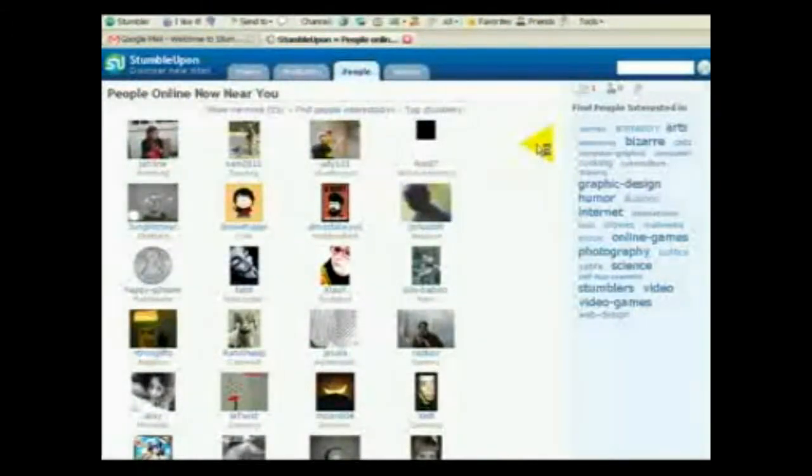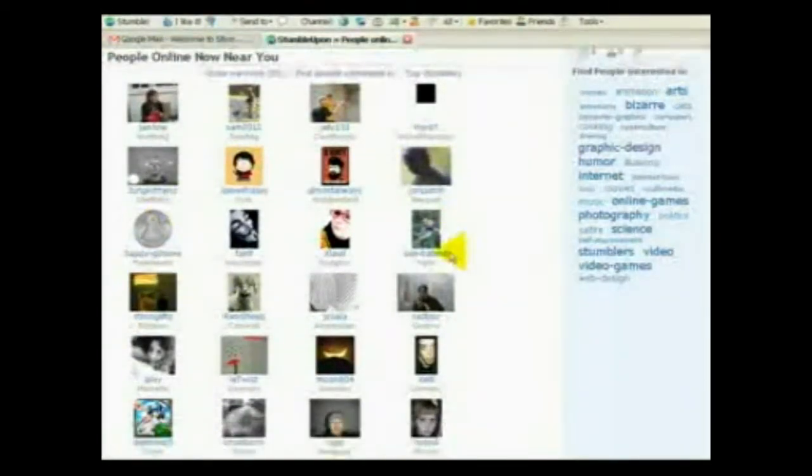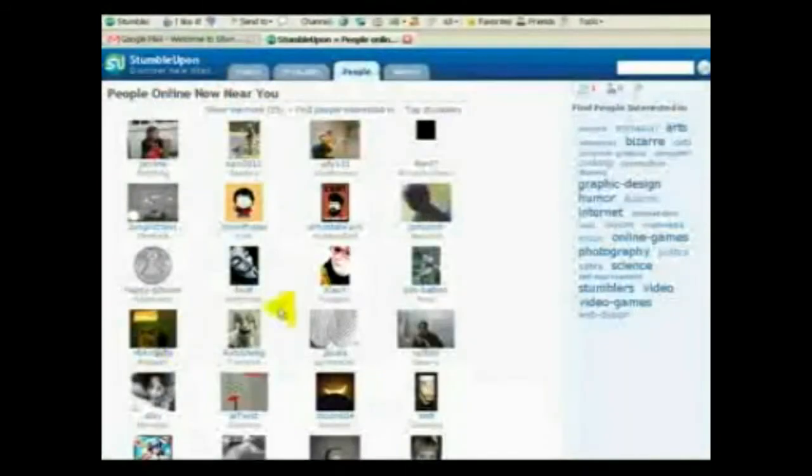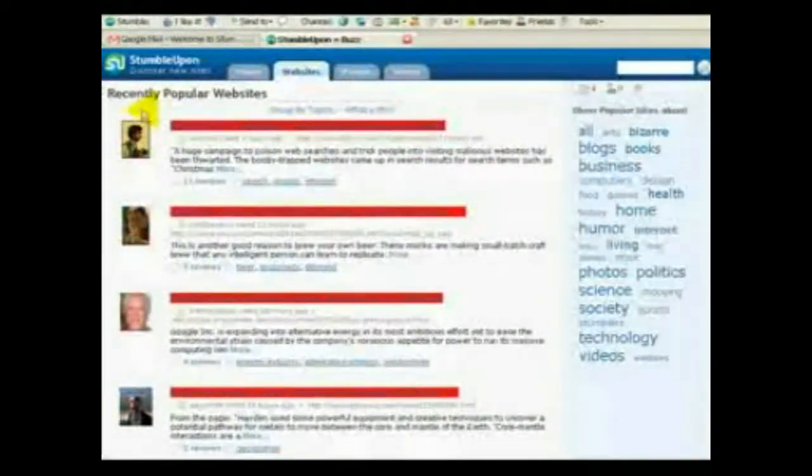The other cool feature here on StumbleUpon is if you click the People tab, it's looking whereabouts you are in the world. As I put, I'm in the UK. It's then starting to suggest other people that are online that are nearby, and if I wanted to start trying to network with some of these people, I might be able to go and look at their profile and contact them, etc. If I go to websites, then it gives me a different choice of recently popular websites. So we might decide to go look at, for example, the BBC site that's had 11 views. We click that